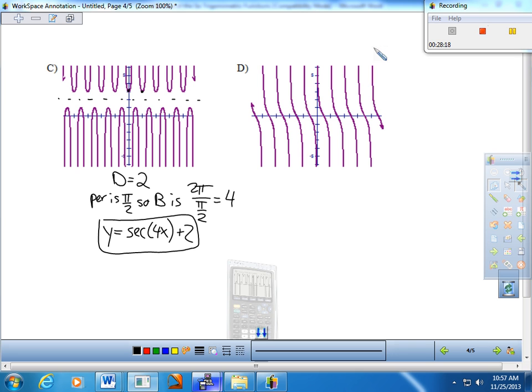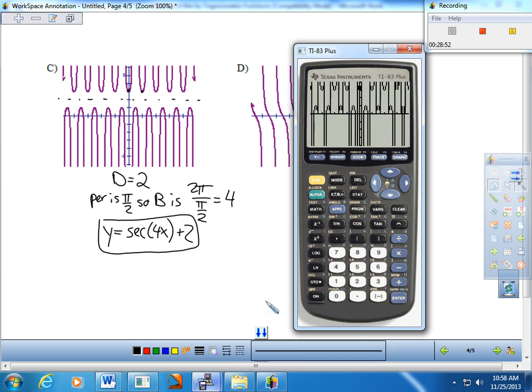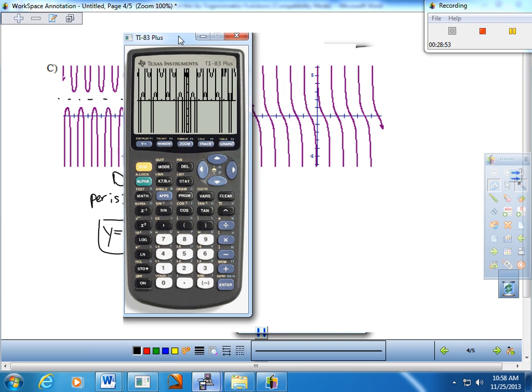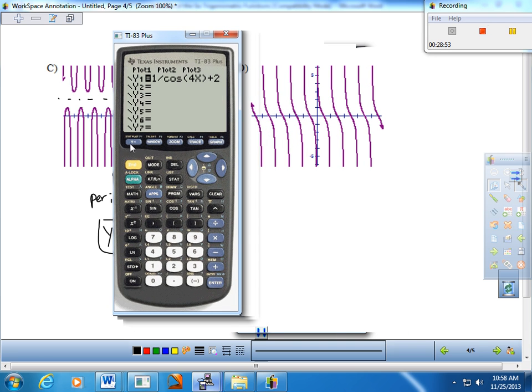Let's take care of this last one, and then we'll do a little calculator work to wrap this lesson up. So letter D. What are you thinking here? Tangent or cotangent for this one? See, to me, it looks like we probably want cotangent as it is decreasing. That seems to be the case right there. And we're going to have to kind of tweak this a little bit. I don't know if there's a phase shift on this. Let's go ahead and bring up the cotangent function just once